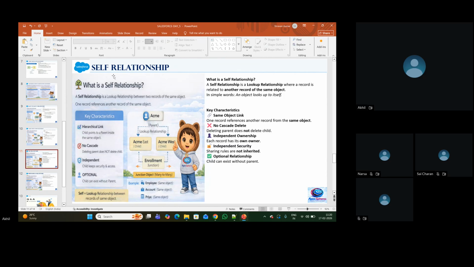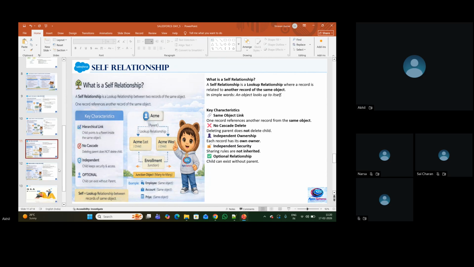So the last relationship is the self lookup relationship. A self relationship is a lookup relationship between two records of the same object. One record references another record of the same object. So a self relationship is like maintaining its own relationship. Let's suppose in our scenario,